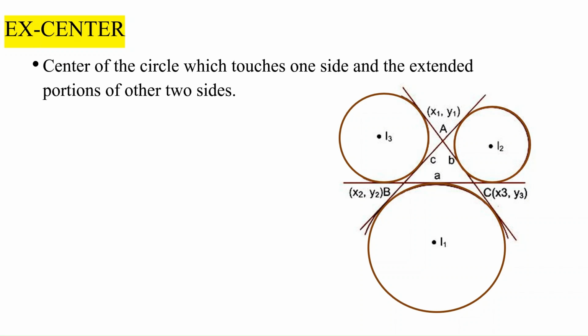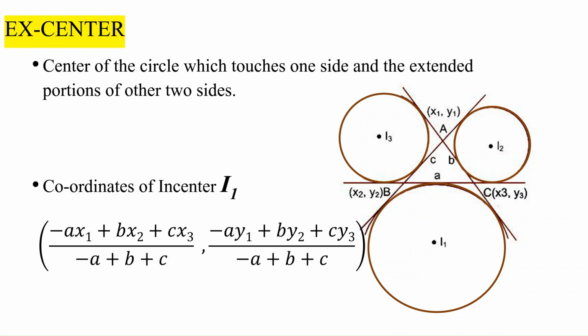And to calculate these excenters, we just have to use the incenter formula, but we will do a little modification depending upon the position of the excircle. Say if we are drawing an excircle opposite to vertex A, it is called I1, which is (-a x1 + b x2 + c x3) upon (-a + b + c), comma (-a y1 + b y2 + c y3) upon (-a + b + c). This minus sign before a, as the formula is for this particular I1,